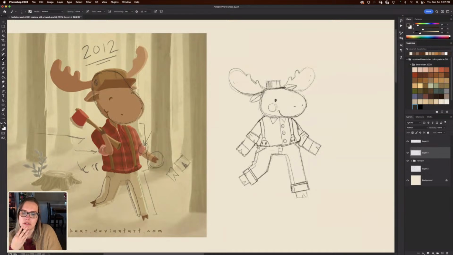How do we want the axe? Maybe we could strap the axe on his back? Is that less menacing than him having it just in his hand, like he's about to use it? Maybe he's got a little pack or something, you know?